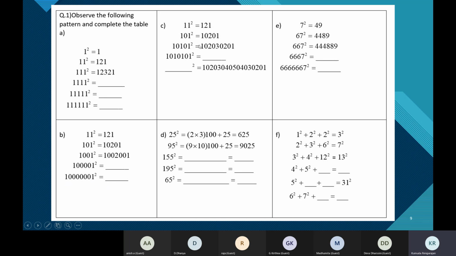So the first one is 1. 0 is always 0. The next one is 2. 0 is always 0. The next one is 3. And after this, we need to complete the digits so that it is a palindromic number. So you start at 3. Now repeat these digits 0, 2, 0, 1.